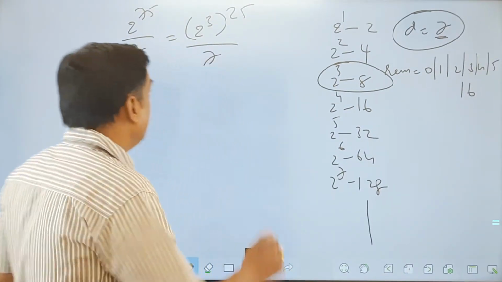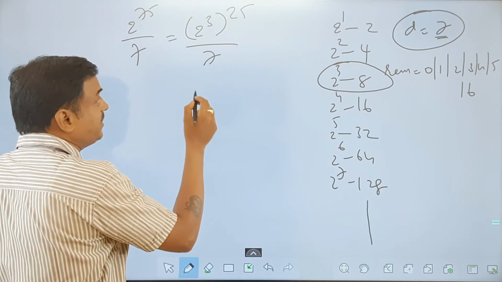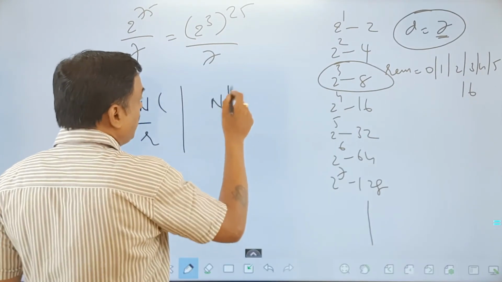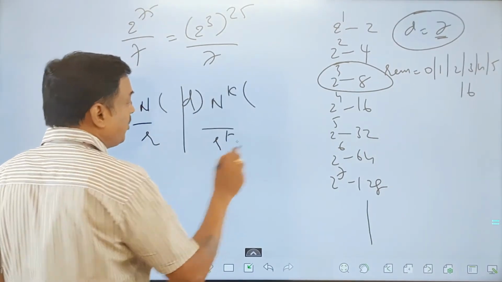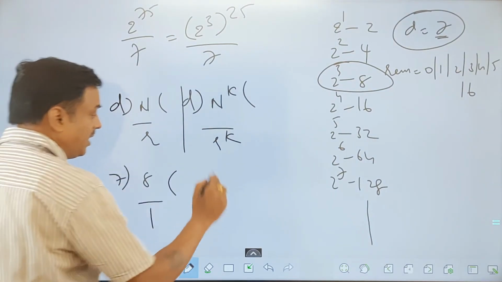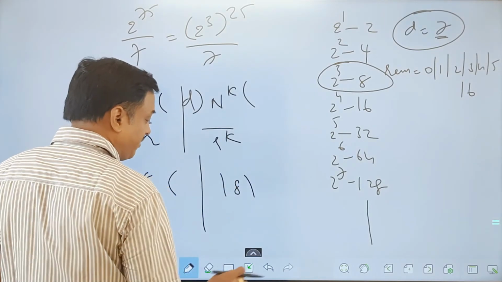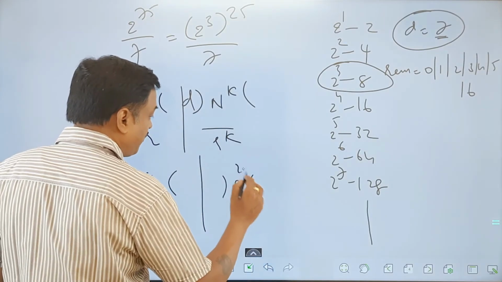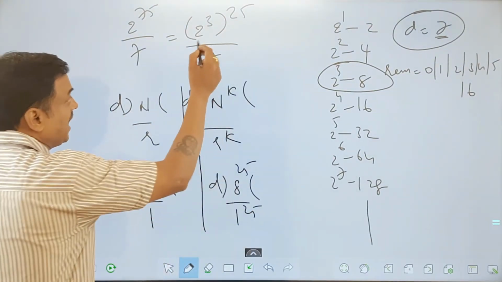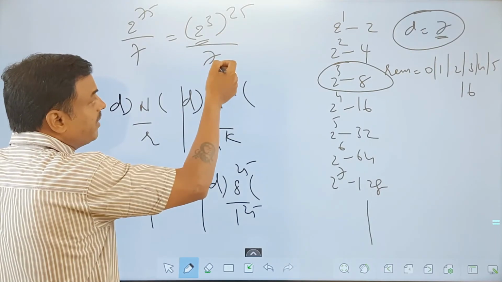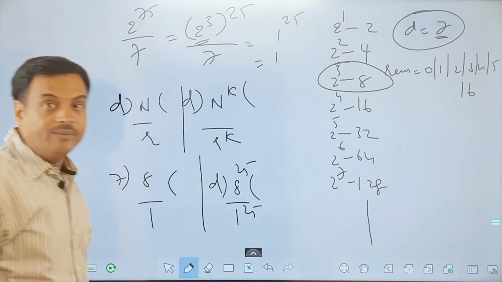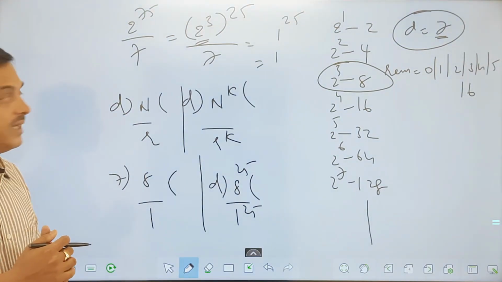That is important. Now here, this is something like n divided by d, remainder is r; then n to the power of k divided by d, remainder is r to the power of k. So I am applying this here. 8 divided by 7, remainder is 1, and 8 to the power of 25 divided by 7, the answer has to be 1 to the power of 25. So 8 divided by 7, remainder 1, and here the remainder is 1 to the power of 25. Answer is 1. That's the method for getting the remainders here.